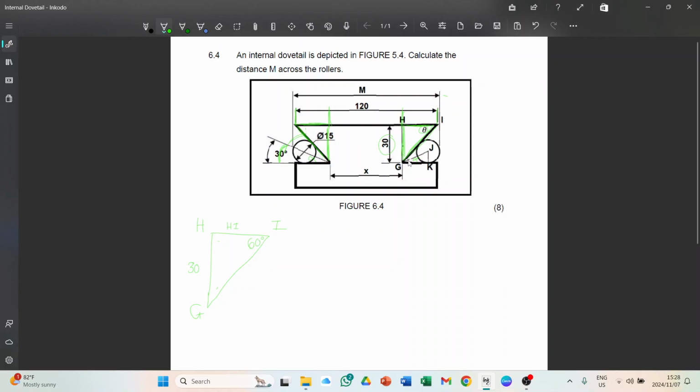Then it's G, J, and K. Not the hypotenuse side. Let's start with JK. Did they give you anything over there? So remember, JK is from the middle of the circle to the end of the circle. So technically that will be my radius. They did not indicate anything about the radius, but they did tell you that the diameter